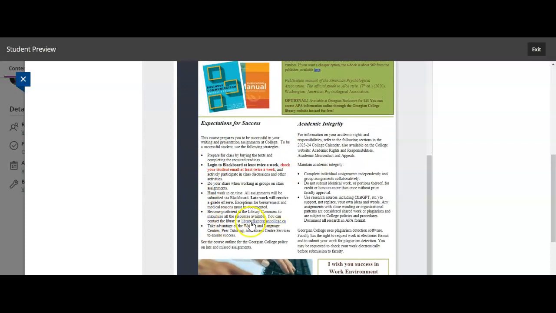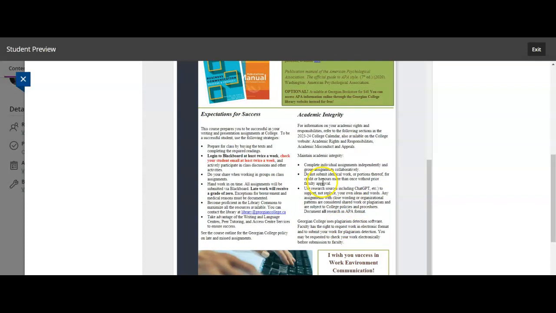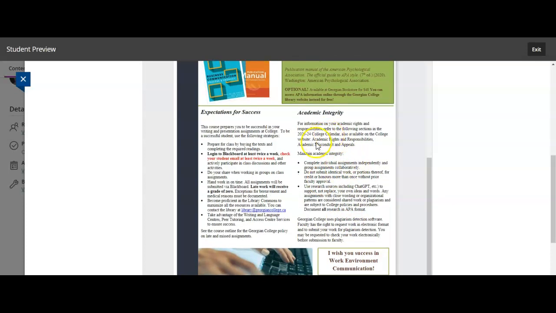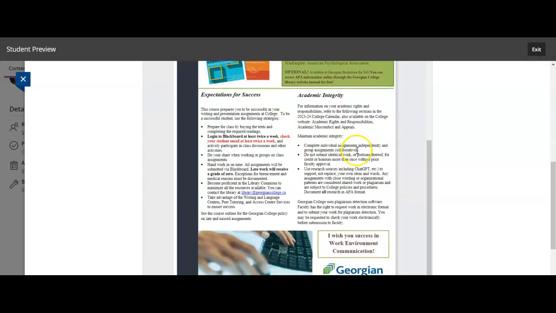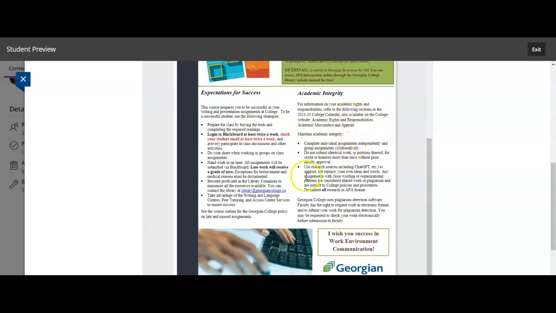Expectations for the course, you can read this over in detail on your own time. And of course, we abide by all the academic integrity models required by the college for lateness, for bereavement, for illness. So do take note of those rules as well. All right, back to